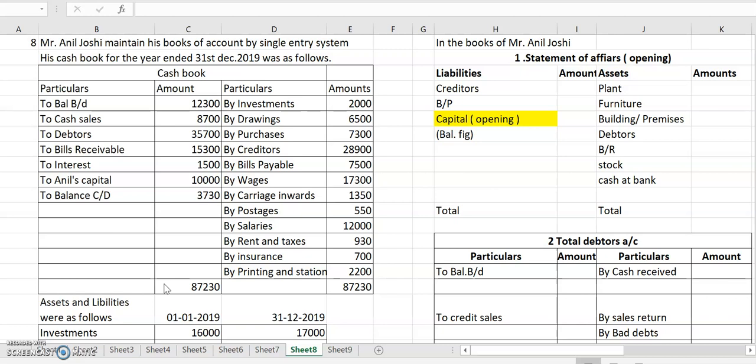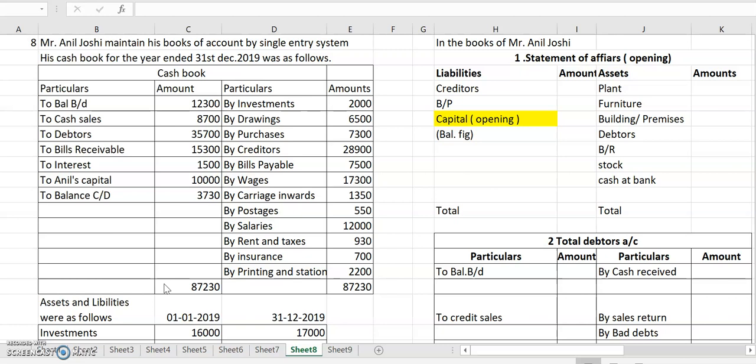So according to this, there are some basic cash book transactions, which we should post first. We follow three steps. First is the posting, then identifying some basic accounts and the statement of affairs, that is the opening statement of affairs. Then total debtors, total creditors, bills receivable, bills payable,